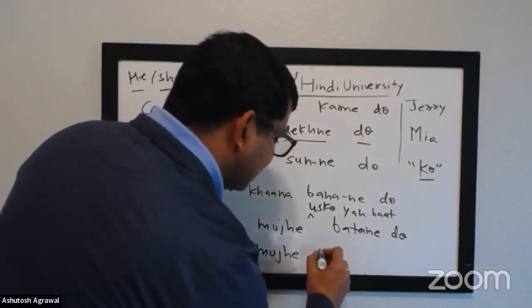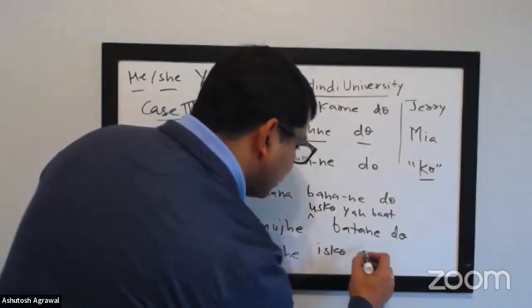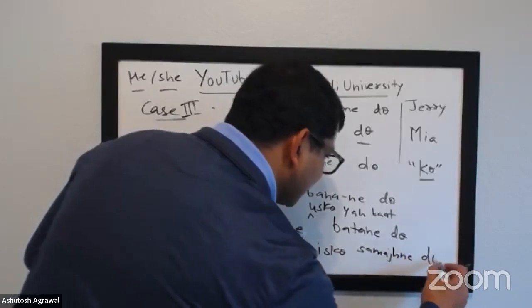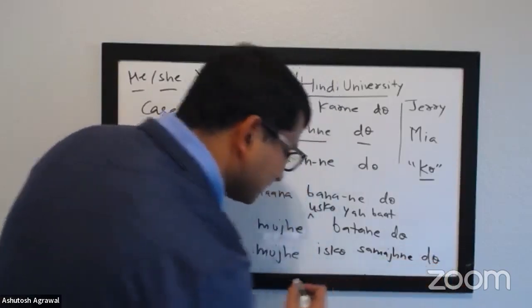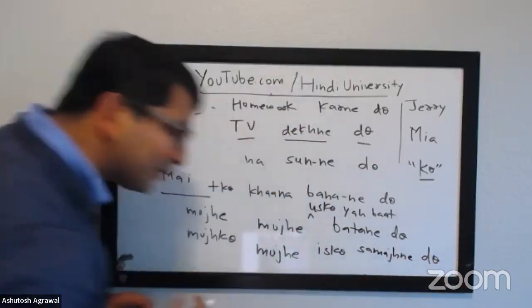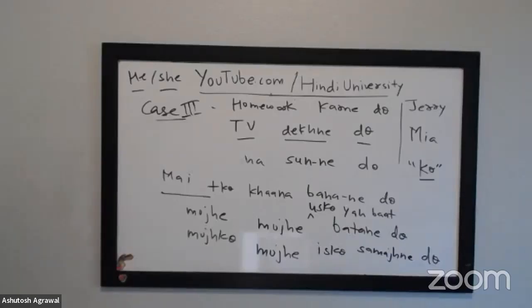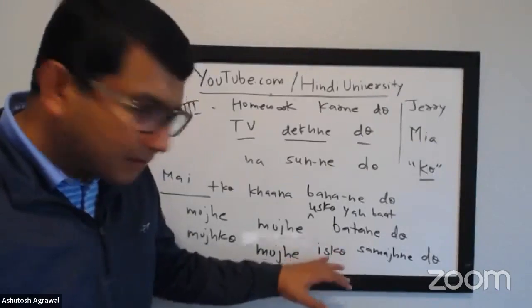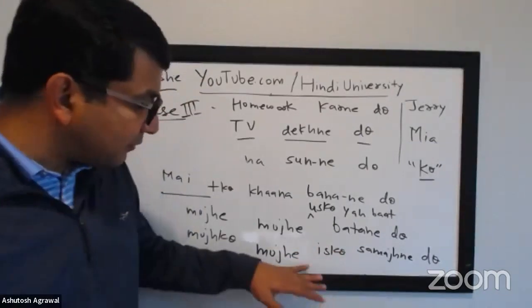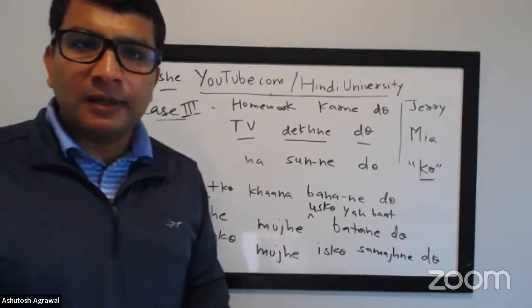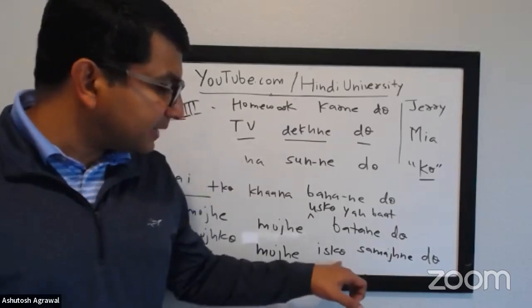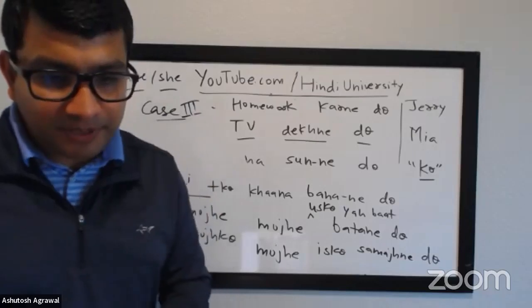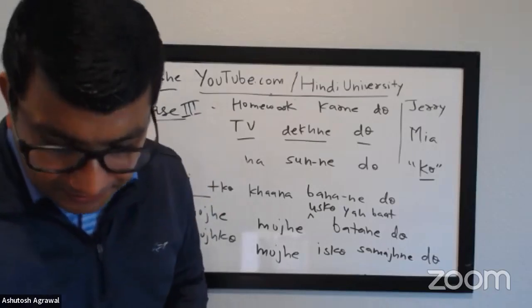मुझे and then it will be to this one. मुझे इसको समझने दो. What does it mean, Sheila ji? Let me understand it. Let me understand this. Okay, मुझे इसको समझने दो. Awesome. So in case it is hard for some people, you can just stick with मुझे समझने दो. Okay. This is becoming a little bit more specific, like let me understand this particular topic. Yeah. Okay.